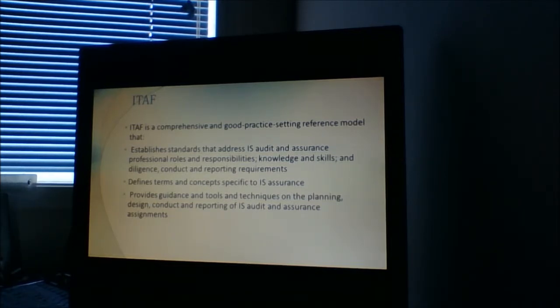These standards address IT audit and assurance professionals' roles and responsibilities, their knowledge and skills, and diligence, and how to conduct and report IT reports, etc. And it includes a framework which defines the terms and concepts specific to IT assurance, and it includes guidance and tools and techniques which are helpful for the planning, design, conduct and reporting of IT audit and assurance assignments.